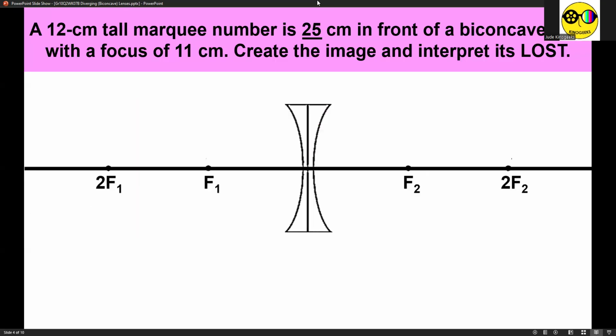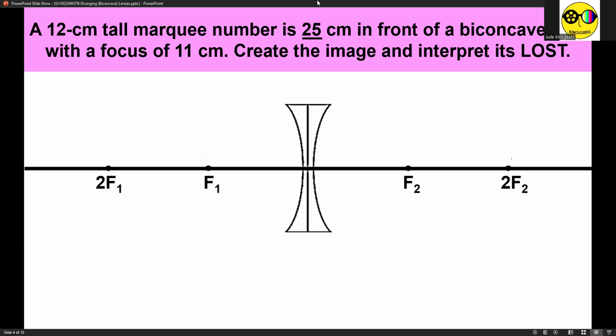Okay, so for our first sample problem, a 12 centimeter tall Marquee number is 25 centimeters in front of a biconcave lens with a focus of 11 centimeters. Create the image and interpret its loss. So the first thing that we always do before we have our ray diagram is to determine the values of f and 2f. Because our focus is explicitly stated to be 11 centimeters, then 2f, 2 times 11,